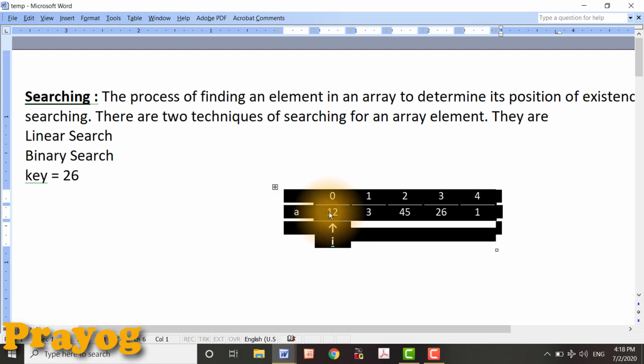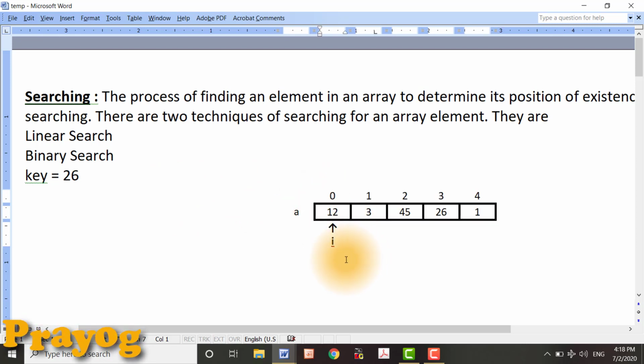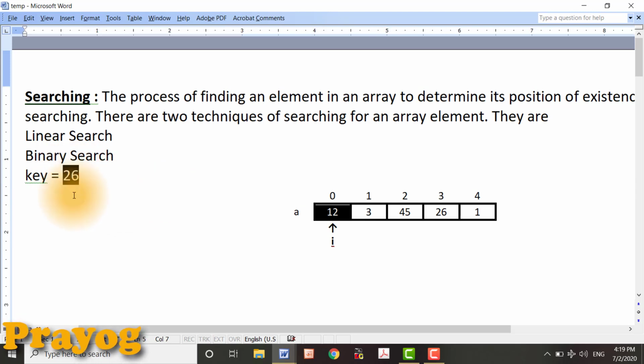Now the linear search algorithm starts comparing the first element of the array with the key element. The first element of the array, 12, is compared with the key element 26.